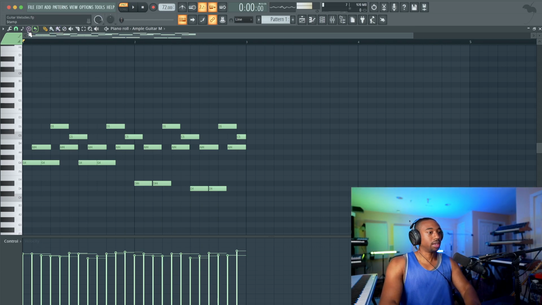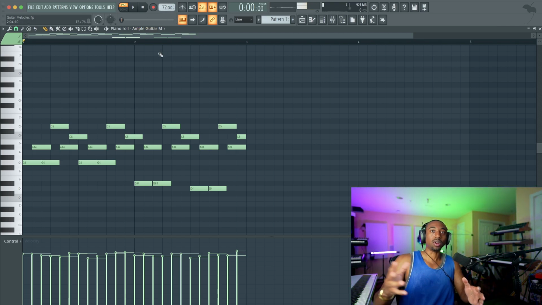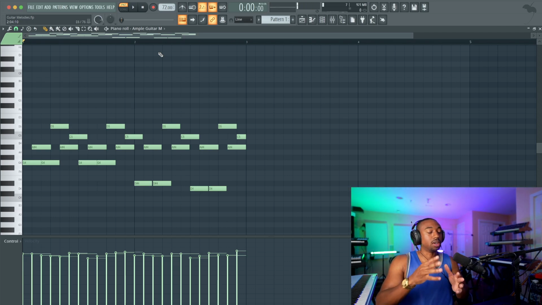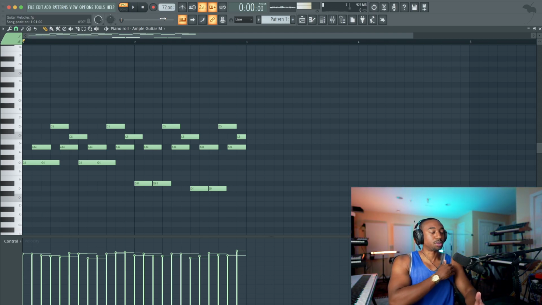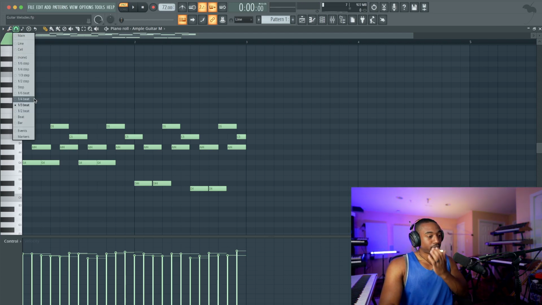Okay, so the trick is for guitar specifically, we're going to write in triplets. And also, I'm at a lower BPM. Most of us produce at 150 and all these higher BPMs. It's a little bit harder to do this at higher BPMs if you're not good with the timing. So I like to write in the actual BPM, which is 72, whereas most producers produce at 144, or double the tempo. Okay, so what I'm going to do here is change the snap to grid to 1/3 beat.